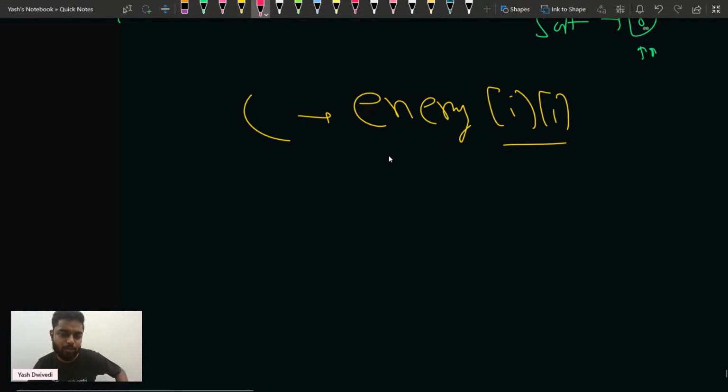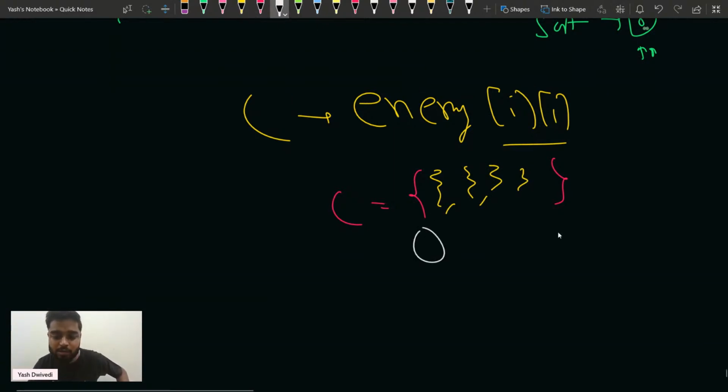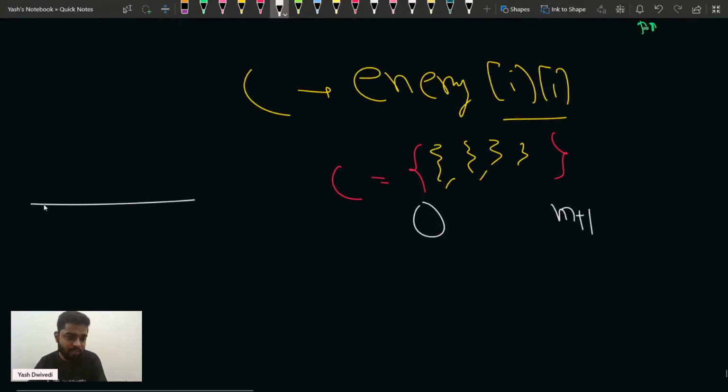Okay, that is how I'll push it. So I'll push all the corresponding columns that are filled with an enemy, and then I'll also push 0, and I'll also push m plus 1 here. When I push 0 and m plus 1, you need to push 0 now, because suppose